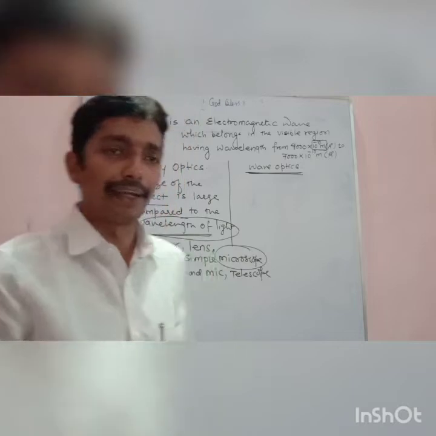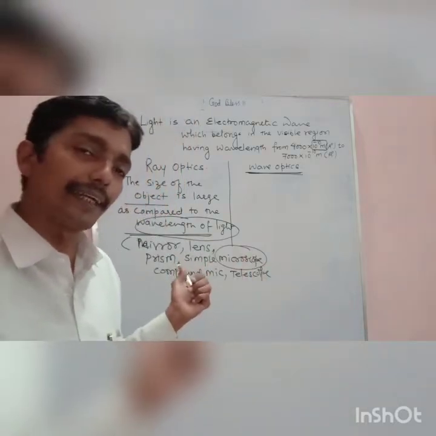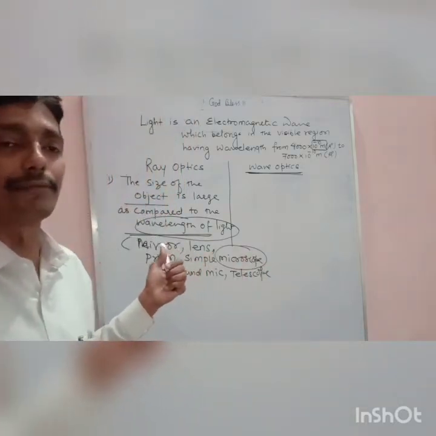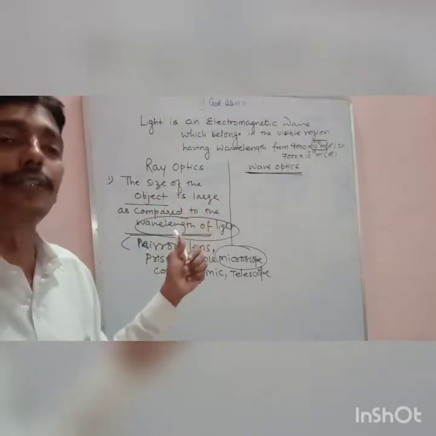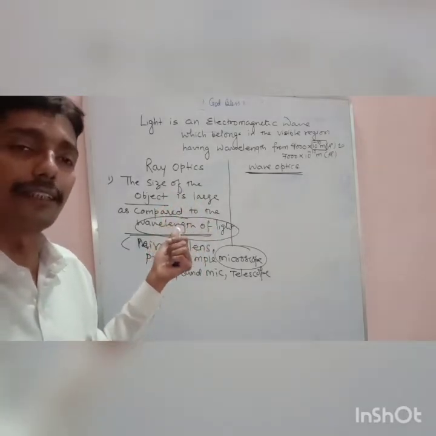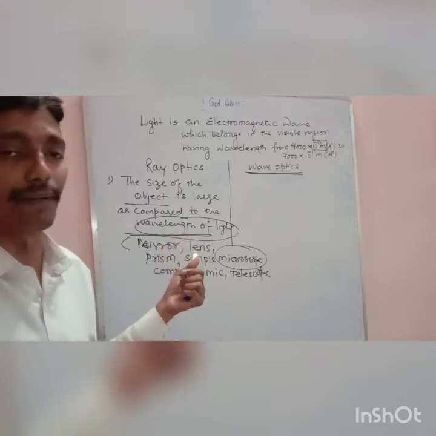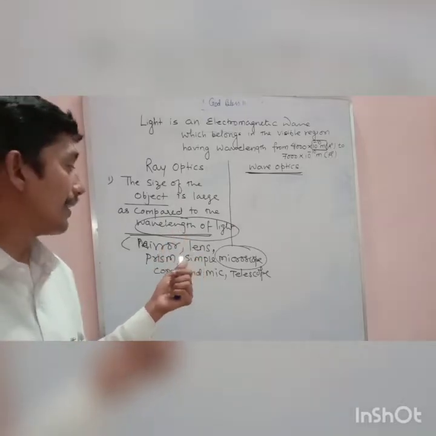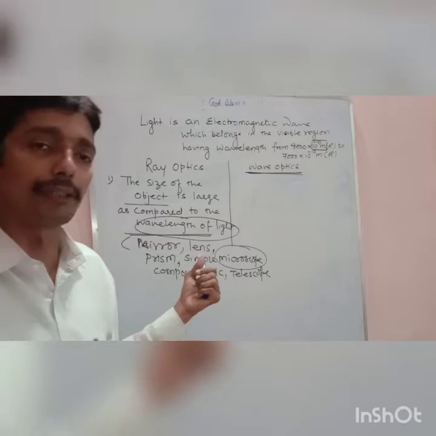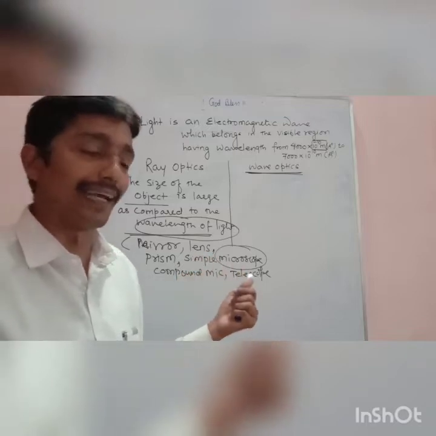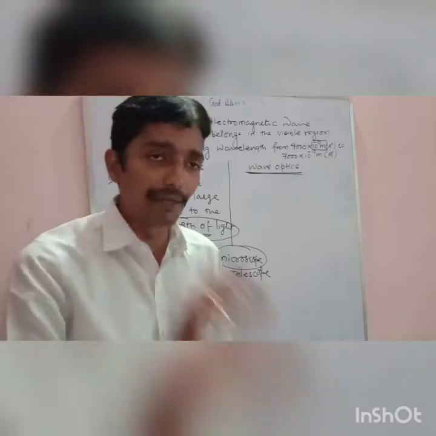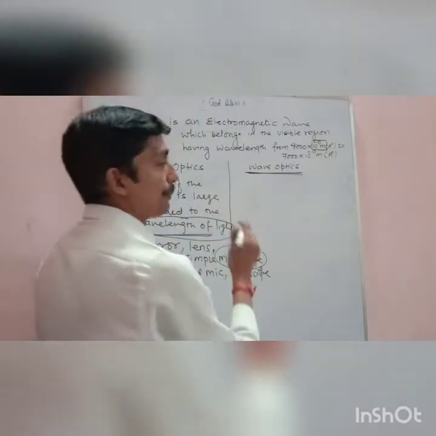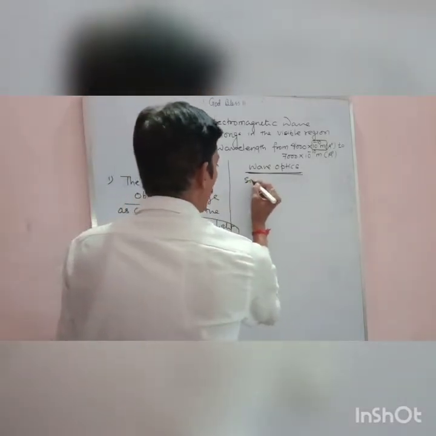My dear, in the ray optics chapter what we studied is that the wavelength of the light is very small as compared to the size of the object. या उल्टा बोलो, the size of the object is very large as compared to the wavelength of the light, and therefore in the chapter of ray optics we will study mirror, lens, prism, microscope and all that. However, in the case of wave optics, the size of the object